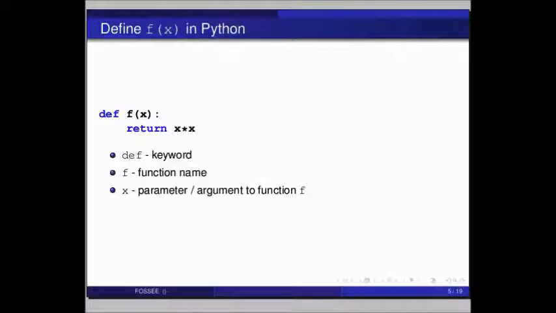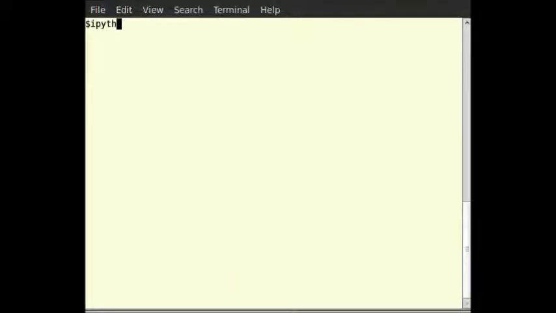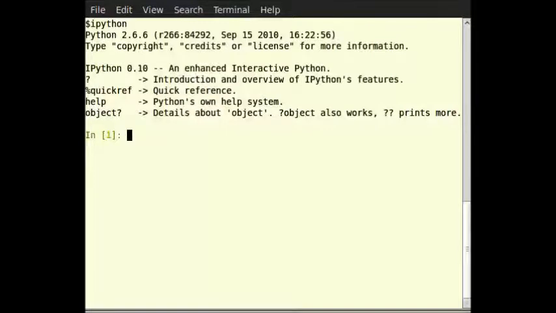So now start your IPython interpreter by typing ipython on the command line. Let us define our function f(x). So type def f(x): then type return x * x. Star denotes multiplication. Well, that defined the function. Before learning what we did, let us see if it returns the expected values. So we'll just try f(1) in the terminal and then type f(2).